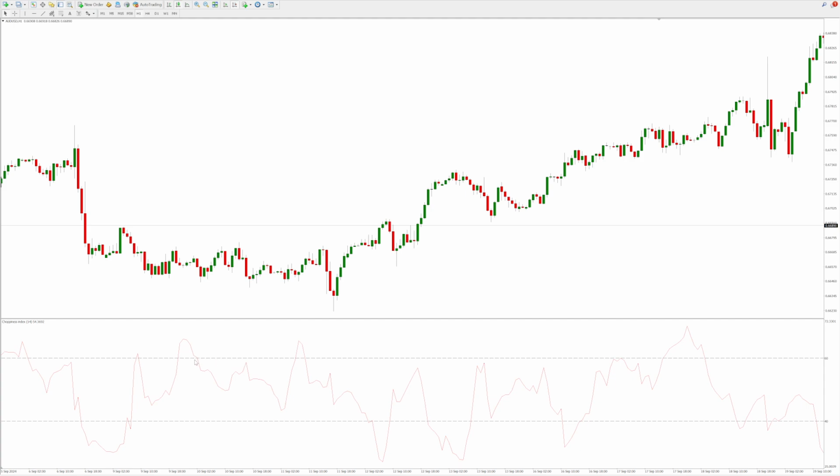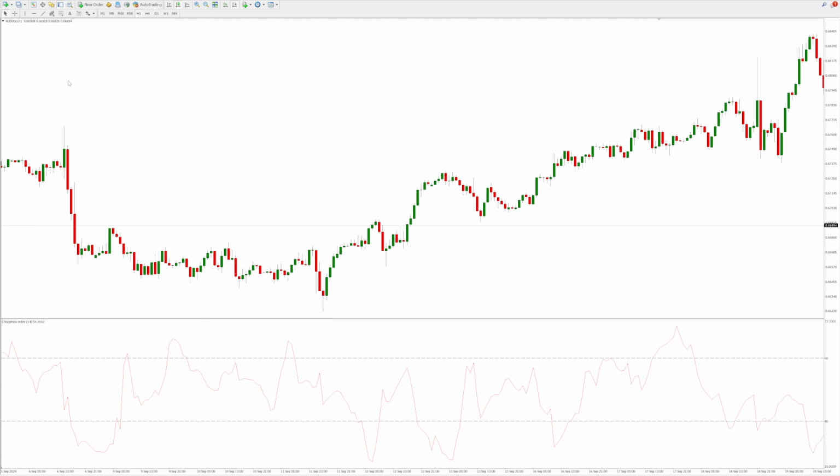As you can see here, the 60 level, anything in or around the 60 level, the market is choppy. Just mark that if it's not obvious. This is a choppy market. You can see the Choppiness Index is in or around the 60 level. Generally anything high suggests a choppy market. Okay, and if we just remove those